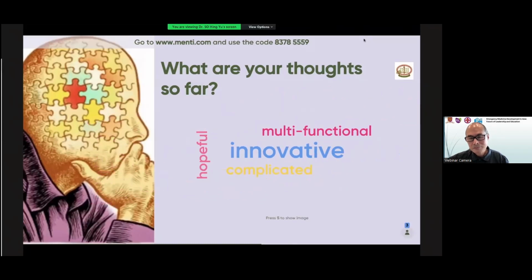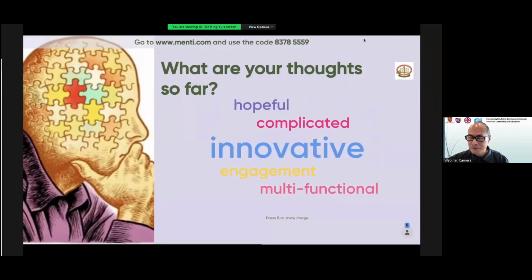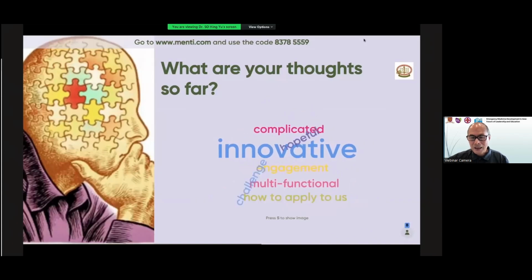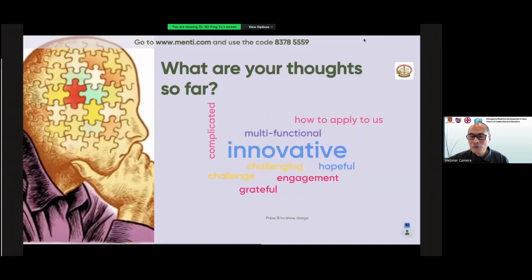multifunctional, complicated. It is complicated. That's why it needs learning, right? It needs training. And how to apply to us? Well, certainly we can apply to us, but obviously we need to know the domain knowledge in your own field. And I hope that I have given a little bit of examples